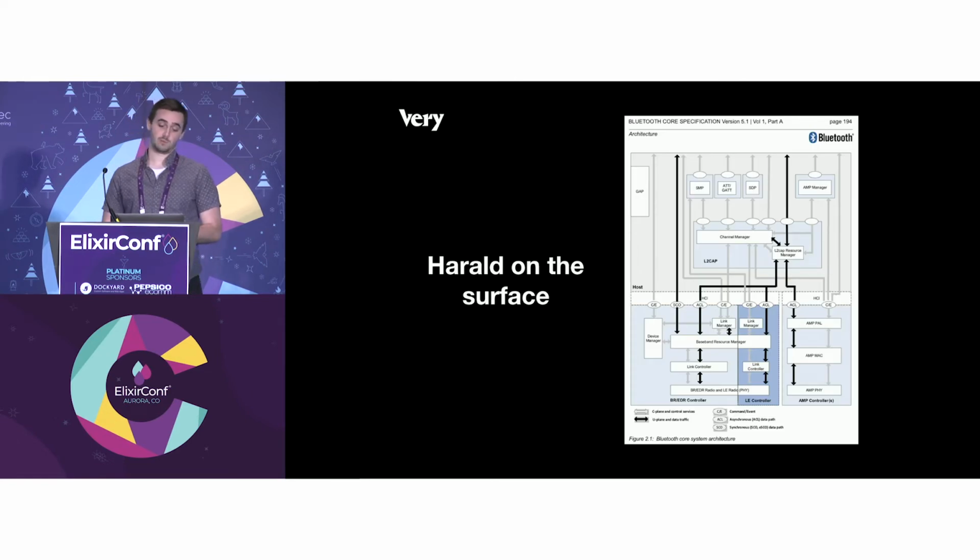So, where are we headed? What's the alternative here? Let's cut to the chase. Bluetooth has the concept of HCI, the host controller interface. Herald is a Bluetooth host library. It communicates with Bluetooth controllers, typically integrated circuits on boards. Importantly, it allows you to not include BlueZ and friends at all, to stay within Elixir,